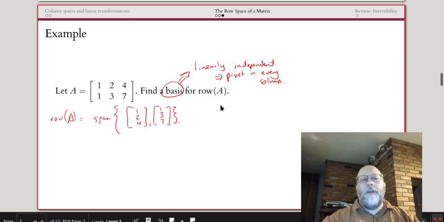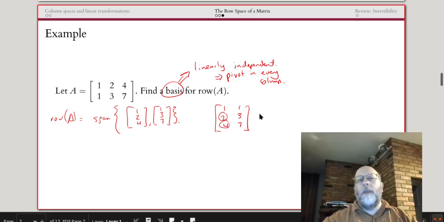Do we have a pivot in every column here? Well, yes, we do, and it's pretty easy to tell. We just have to row reduce this a little bit. But I think you can do enough in your head to convince yourself there will be two pivots here. If I cancel the 2 and I cancel the 4, this is 2